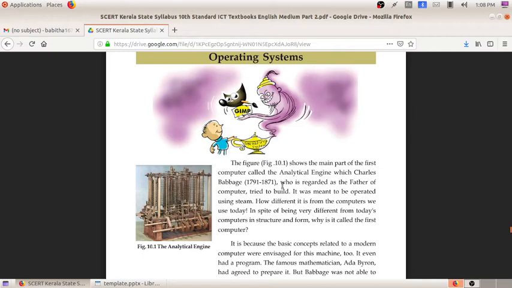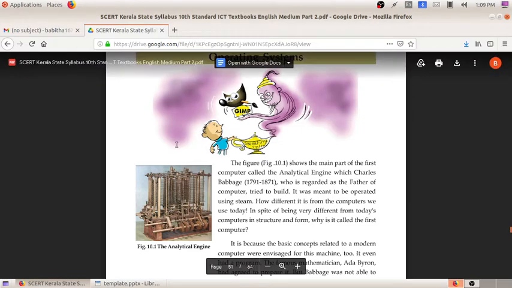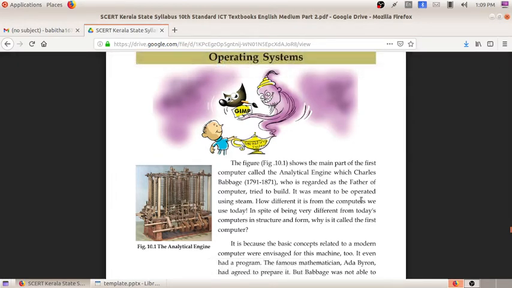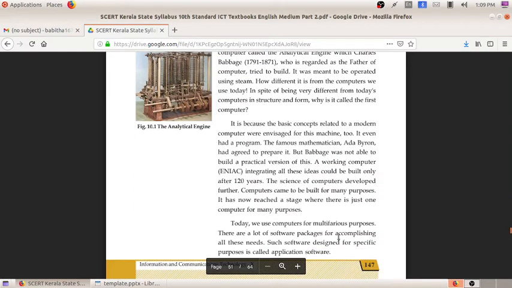And here you can see the main part of the computer, called the analytical engine. It was founded by Charles Babbage, who is regarded as the father of the computer. So the first computer is called the analytical engine, and the first computer looked like this.